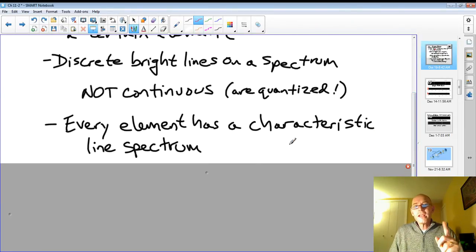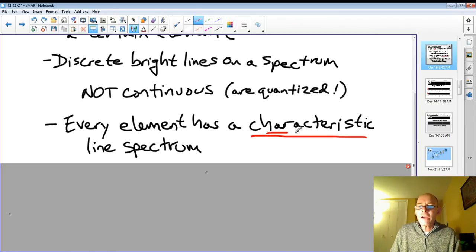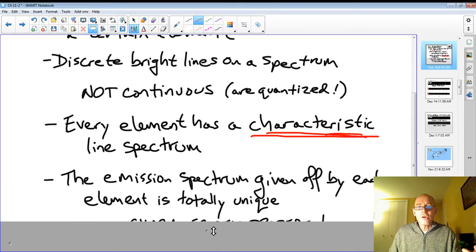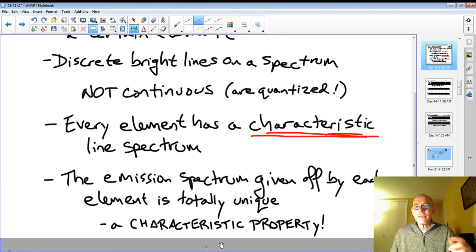In other words, we can use, let me underline that, it's worth talking about. Remember, we've talked about a lot of characteristic properties in class: density, boiling point, melting point, things like that, that are specific to elements. The line spectrum is another one that can be used, the atomic emission spectrum. So every element has a unique, totally unique line spectrum, and that can be used to identify elements that are